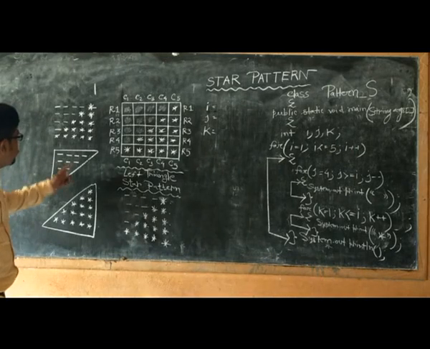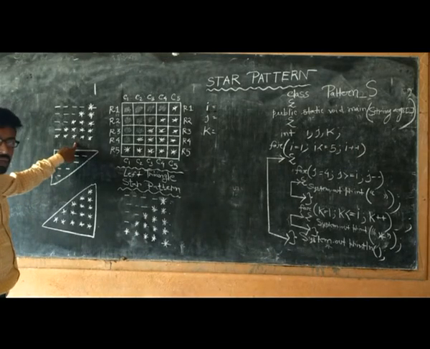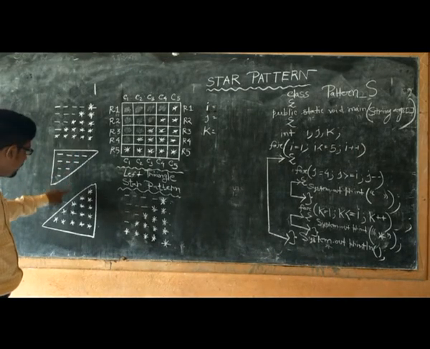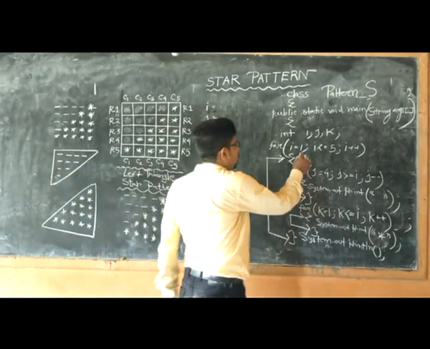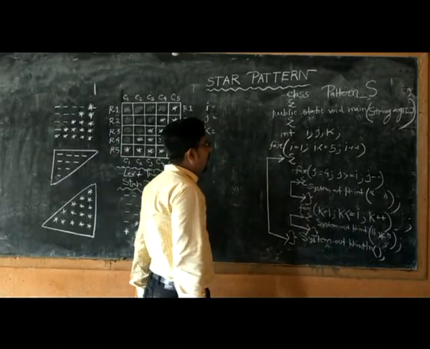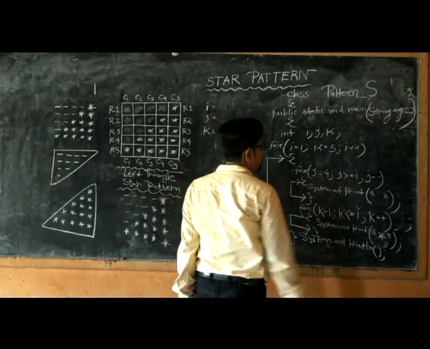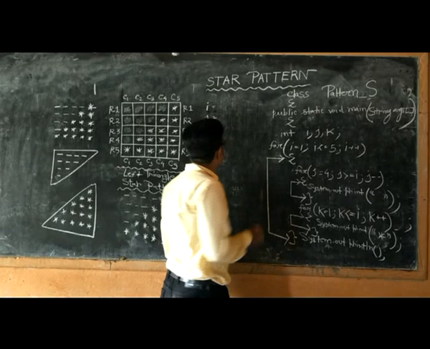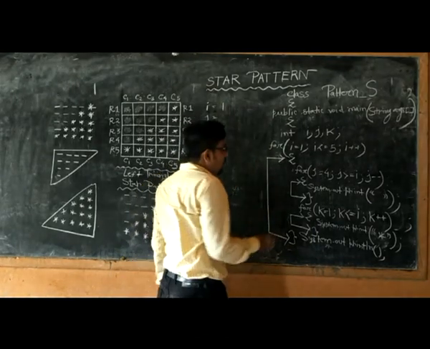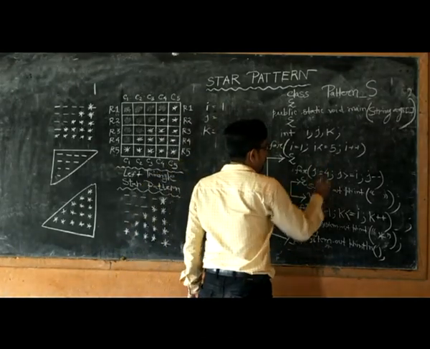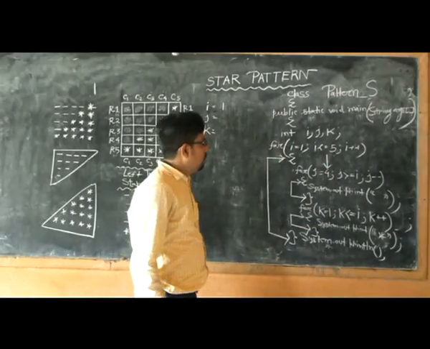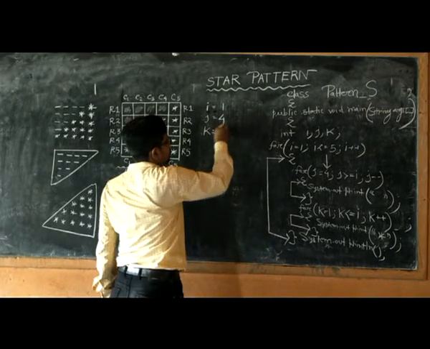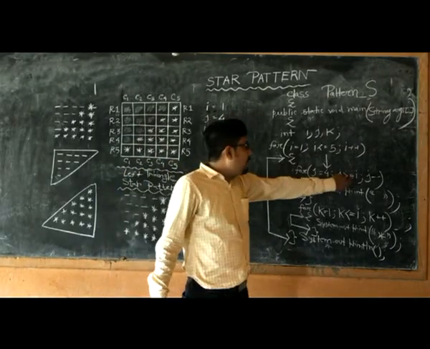So I have already shown you students this one is our original pattern. First we need to print the space, next we need to print the star. So let's say i = 1, and n = 5. The condition is true, since i is 1 and 1 <= 5, so it comes into the loop where j starts from 4. Understand? Now i value is 1.